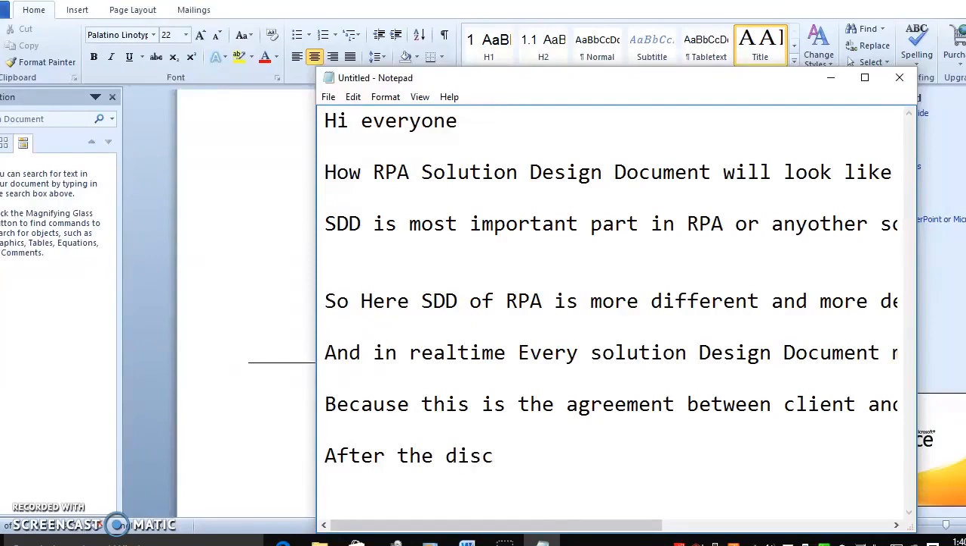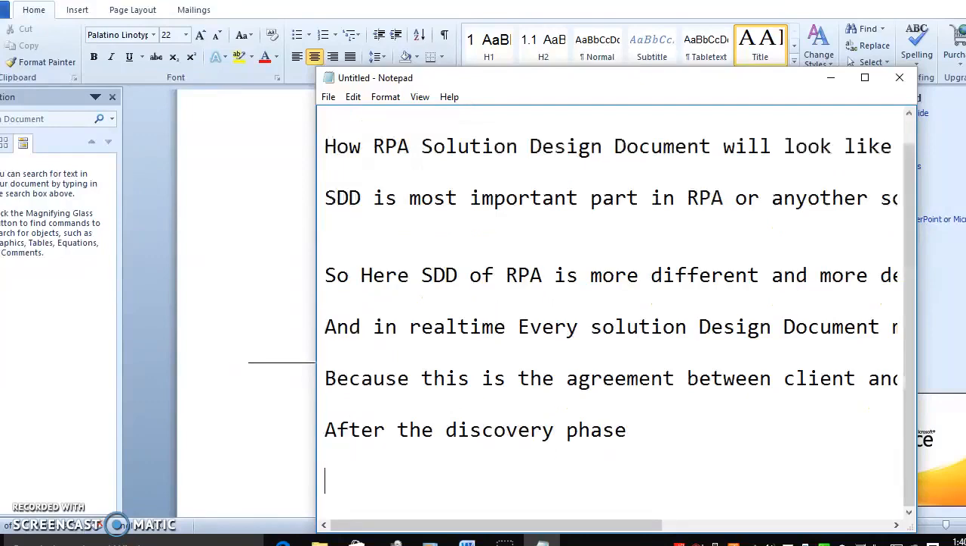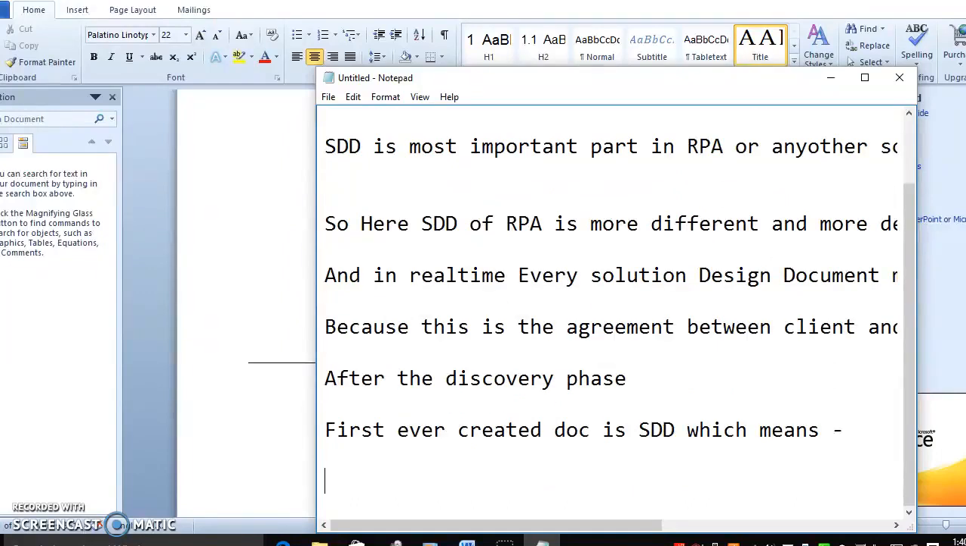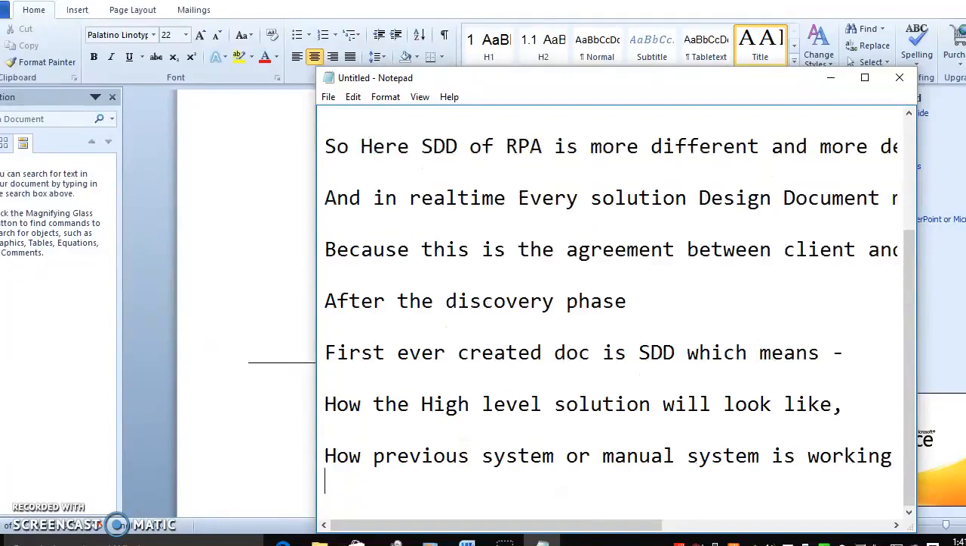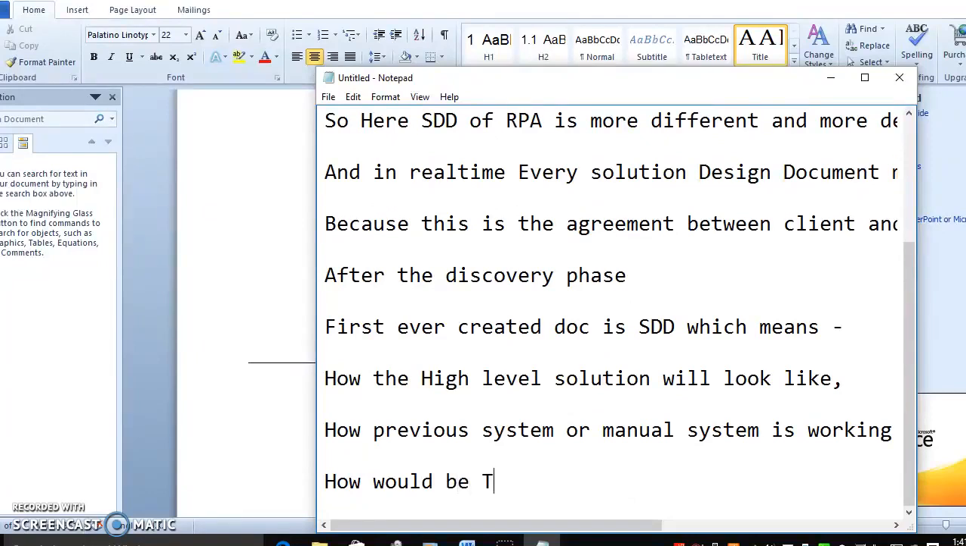After the discovery phase, the first ever created doc is SDD, which means how the high level solution will look like, how the previous system or manual system is working, how the to-be process or automated process